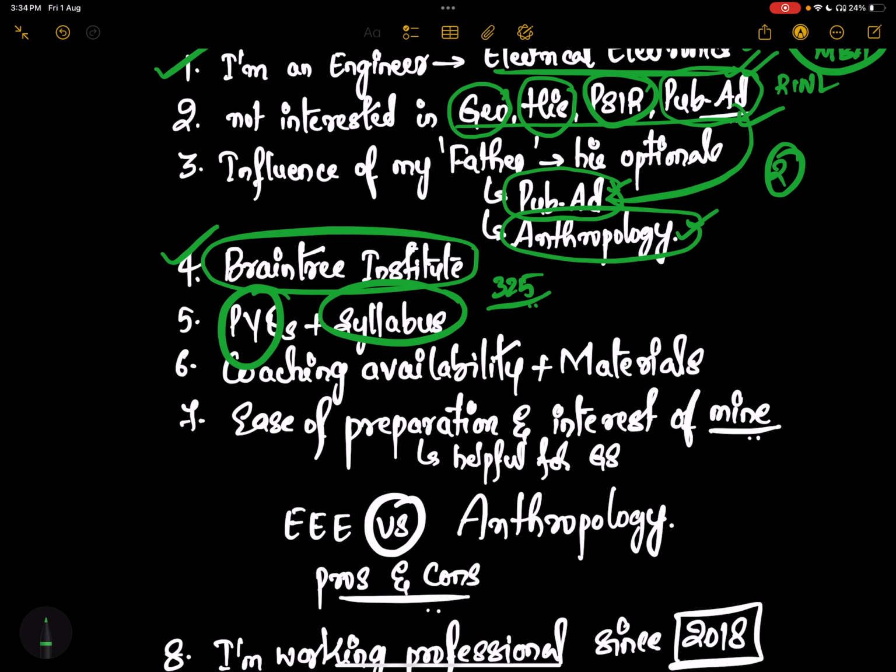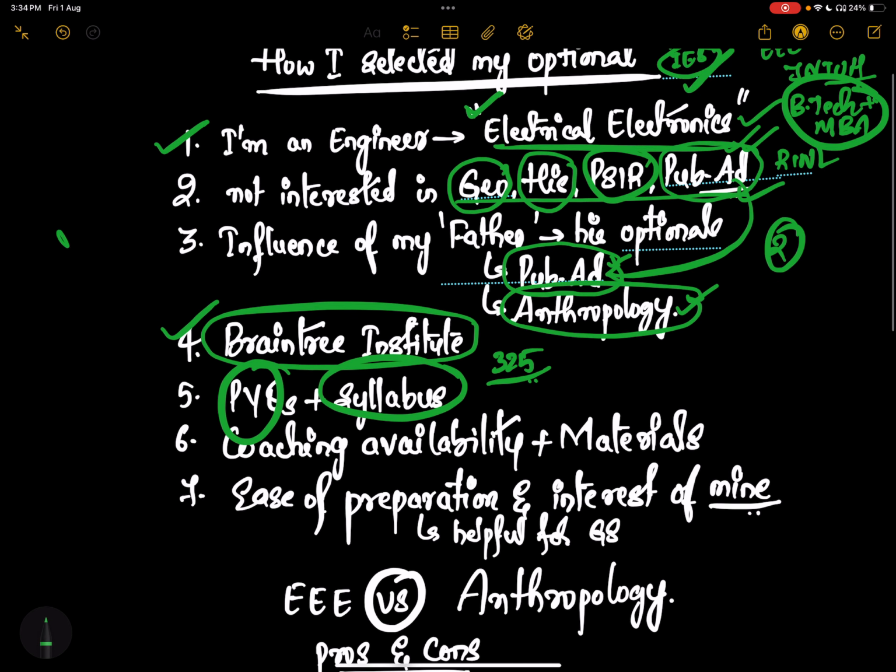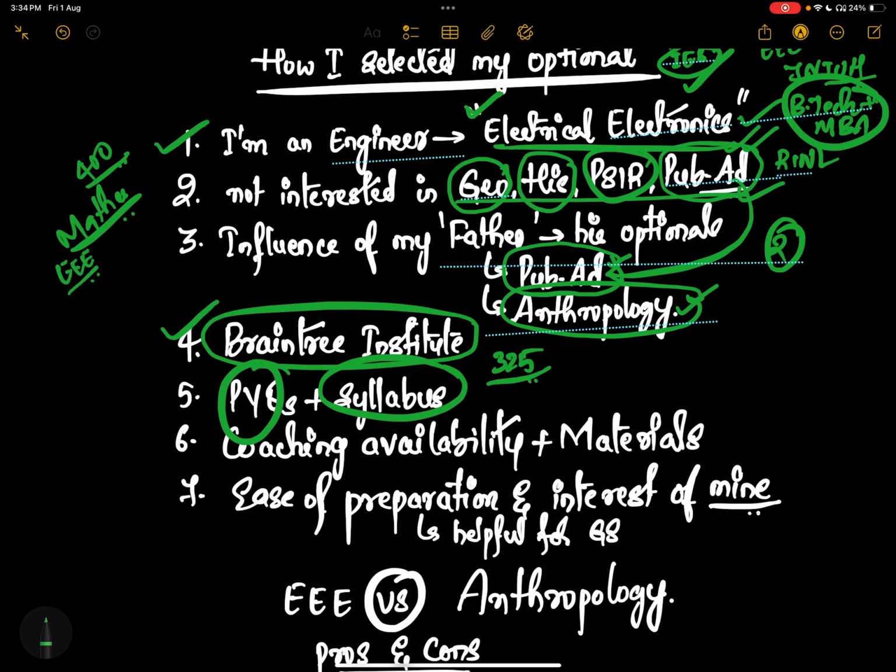And since the marks are rationalized, earlier I thought of taking mathematics as my optional, but the coaching itself takes 8 months, right? And of course, even if you score 400 marks, it gets rationalized, right? So I didn't want to take mathematics either, because it is as good as taking triple E only, right? And it does not help me in my GS preparation, right?